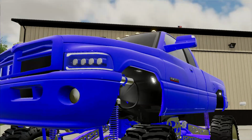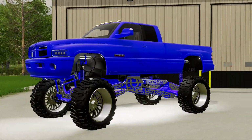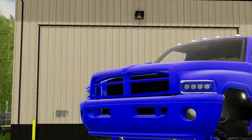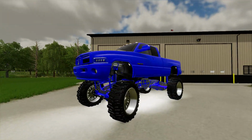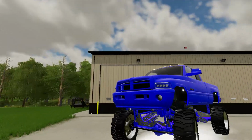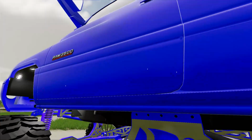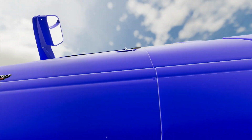I'm glad we went with a different color than white, because you can now see the DRL on these headlights, and it makes it look so much better. We should be getting a radiator sometime soon, but I'm gonna put this video out before we even put the radiator in. So, it'll look a lot better, not having a grill insert. I know a lot of people don't put their grill inserts in for their second gens, but,